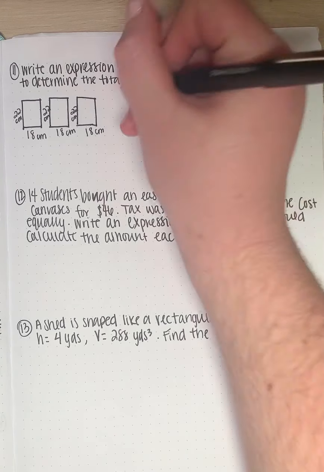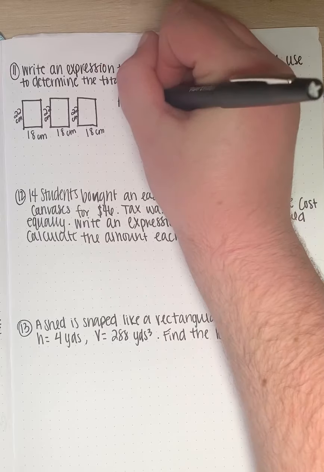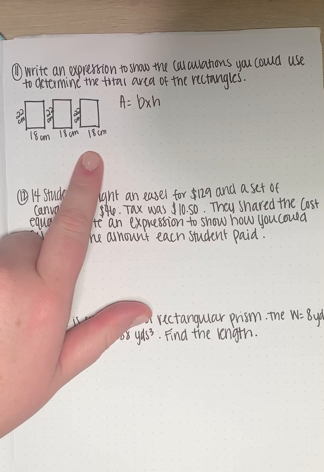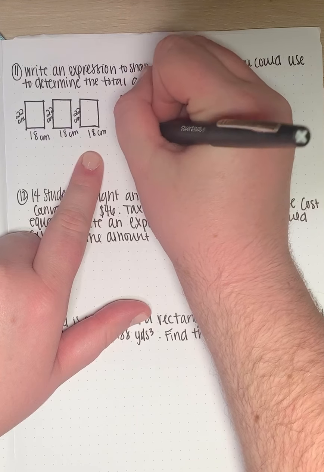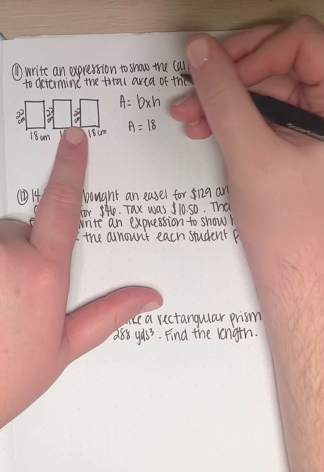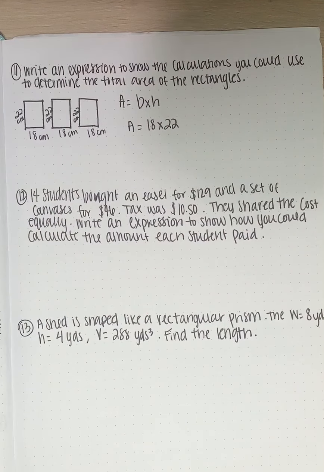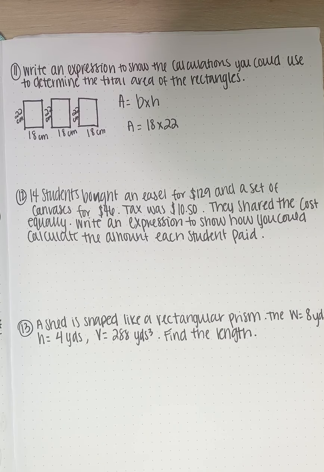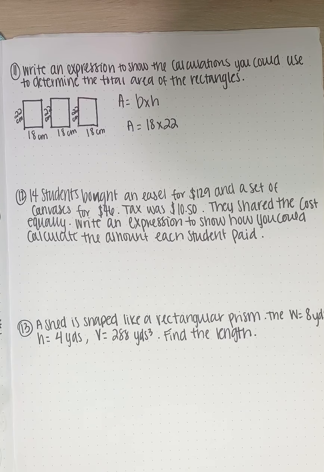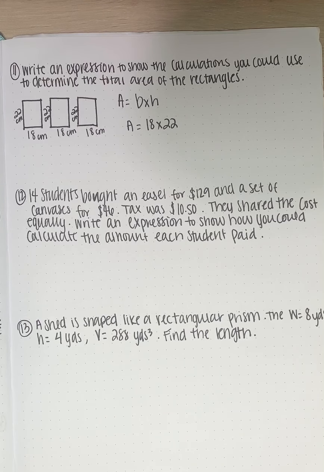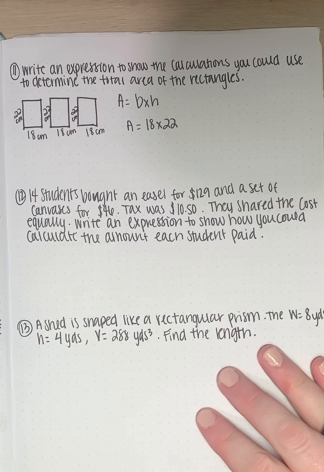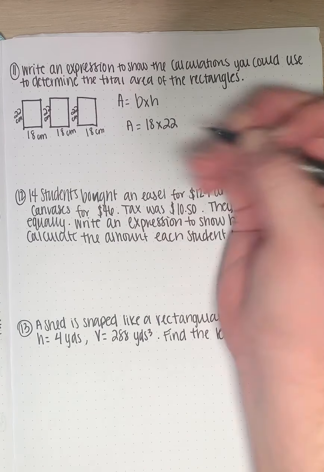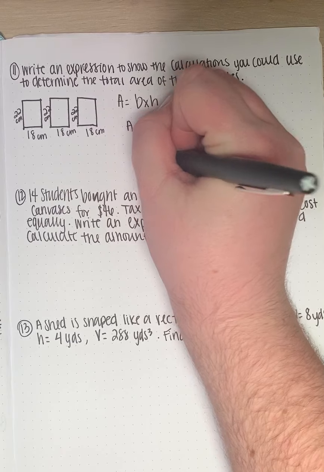All right, so we know that area is base times height. So I know I have a base of 18 and a height of 22. Okay, but I have 3 rectangles. So I know in my equation, I'm going to have 18 times 22 and then something with 3. So since we have 3 and we want to find the total, we're going to multiply. So I'm going to have 18 times 22